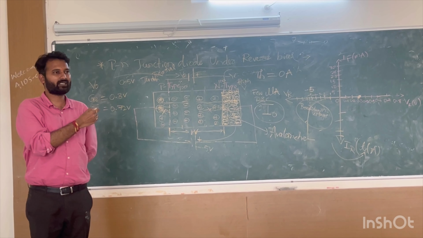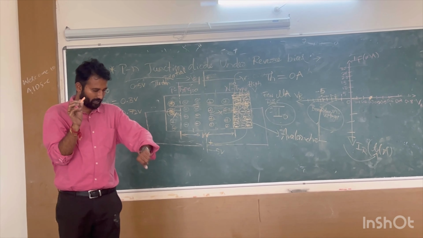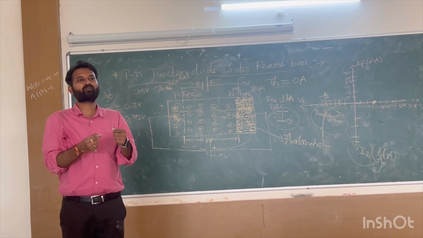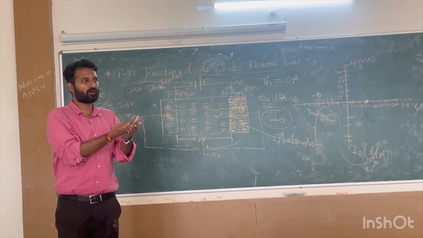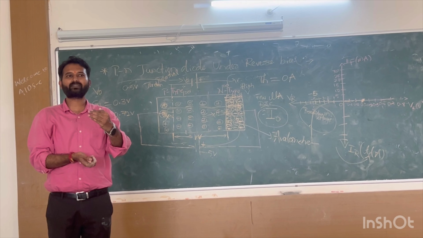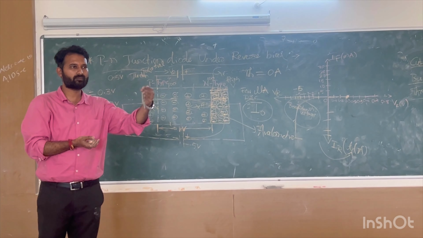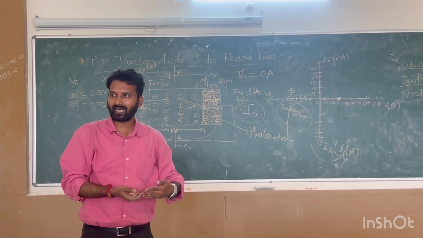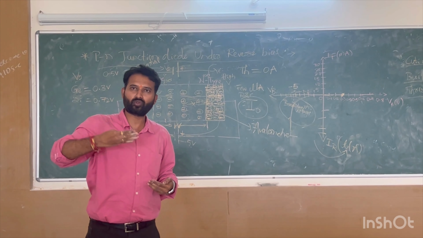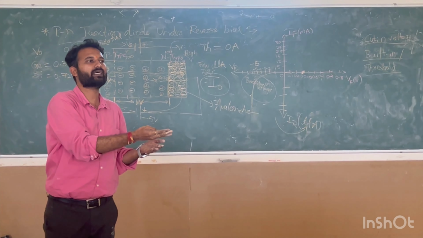Understandable? Clear with the reverse bias? What do you mean by breakdown voltage? How does breakdown voltage occur? I will tell you one more time. If you increase the reverse potential for a large applied reverse bias, electrons from the n type will move towards positive potential. Few electrons will get energy. The electrons which got energy will travel with high speed because they have mobility. They will dislodge other electrons, meaning they will take other two electrons. Those two electrons also get energy and travel with a high speed.